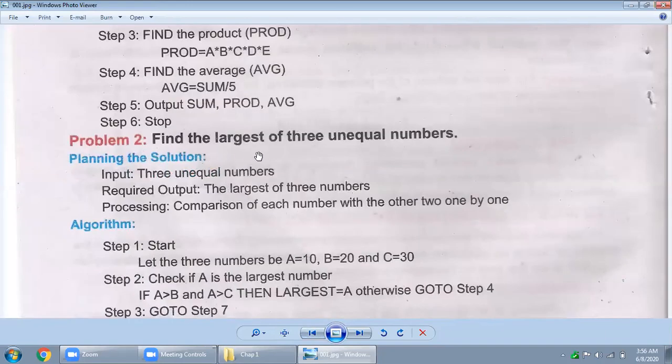Your assignment is to replace problem number 2, which was: find the largest of three unequal numbers. Over here, you don't need a flowchart, because we haven't yet made a flowchart on a decision basis, and this problem belongs to decisions. So I am not giving you a flowchart for problem number 2. I just give you the algorithm, but with a little change: find the smallest of three unequal numbers. I also gave you the clue in the lecture. I will not repeat it, so watch the lecture carefully.